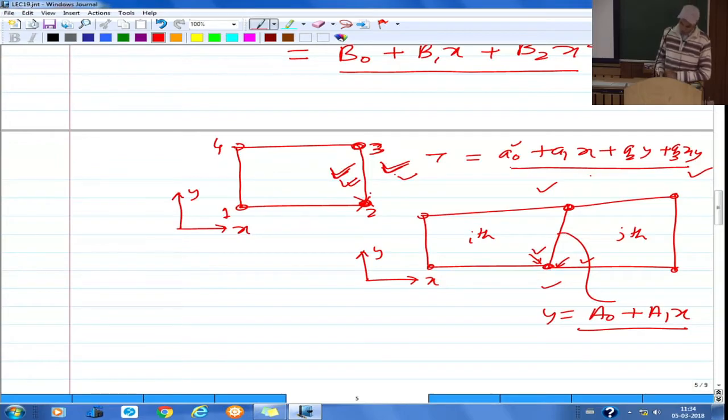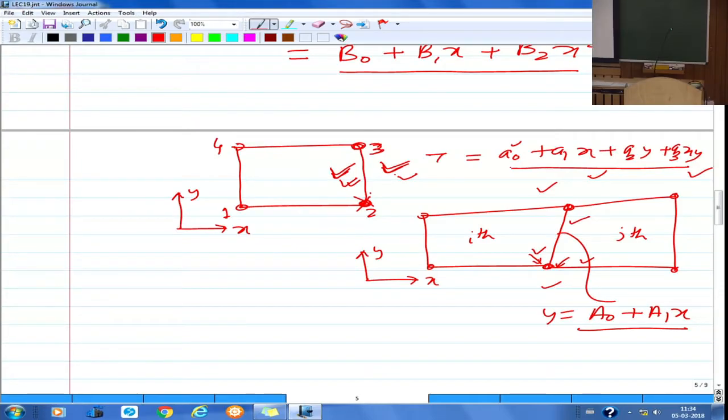So what it tells you is that if this edge is not parallel to the common edges shared by the elements, that is, the elements are not parallel to either x or y, and it's a 4-noded general quadrilateral with 4 terms in the approximate solution, then the temperature variation along the general common edges is going to be quadratic. Now if it is quadratic, what it means is, of course through the assembly process you are saying that